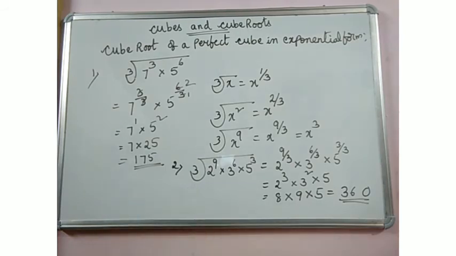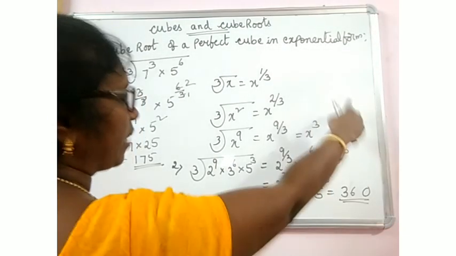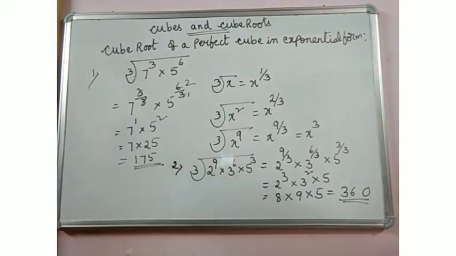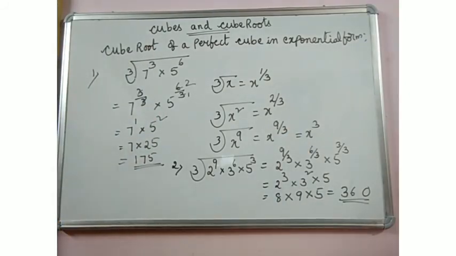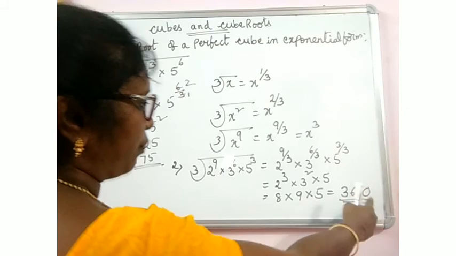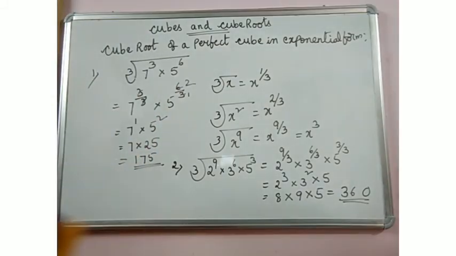So these are the tricks you have to use for maths. You can do 8 9s are 72, 72 into 5 you can do, but always try to know the easy way. 8 5s are 40, and towards the right side 1s plus 0 we are getting. So that way if you do 40, 0 means 4 9s are 36. Very simply, without doing any rough work, we are able to find this. I hope this is clear to you. And in the next class, many more things I am going to explain. Thank you.